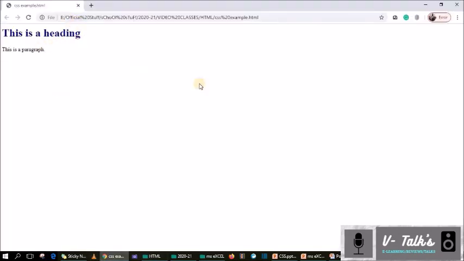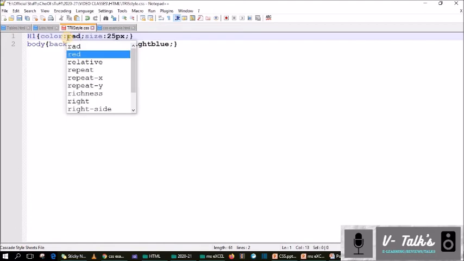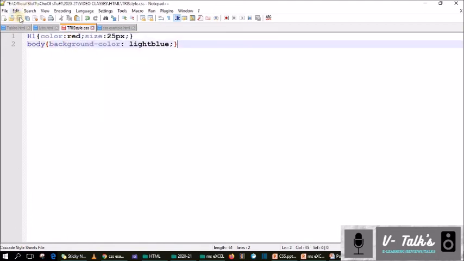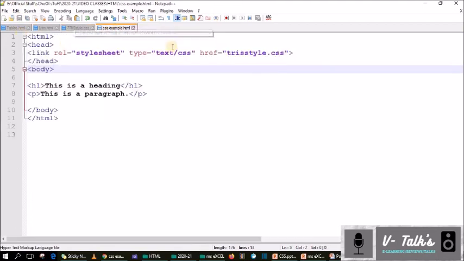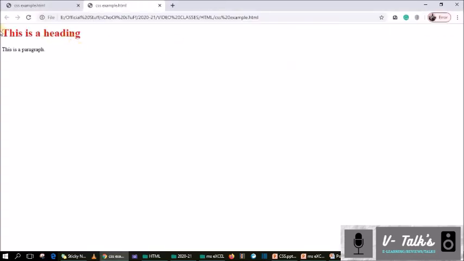this result also changed. For example, I am changing the color to red. I changed it to red, saved it, then went to the HTML page and ran it again. You can see the heading changed. If you have linked this CSS to many pages, by this one change it will be applicable for every page.